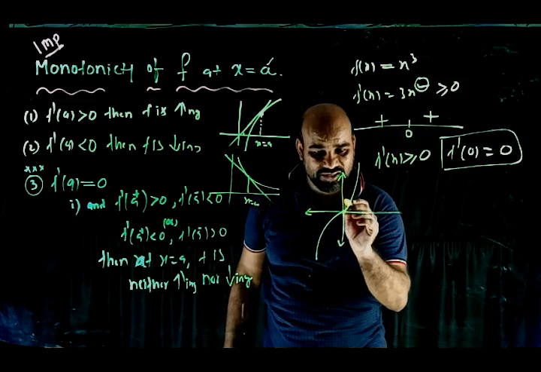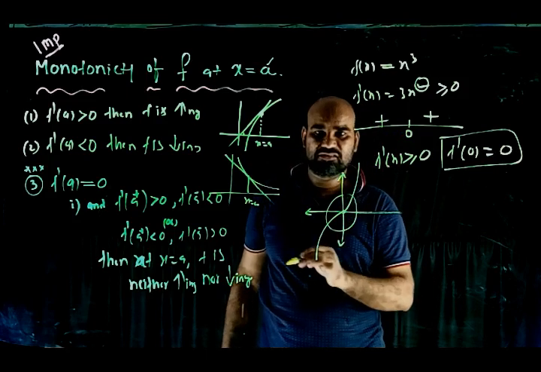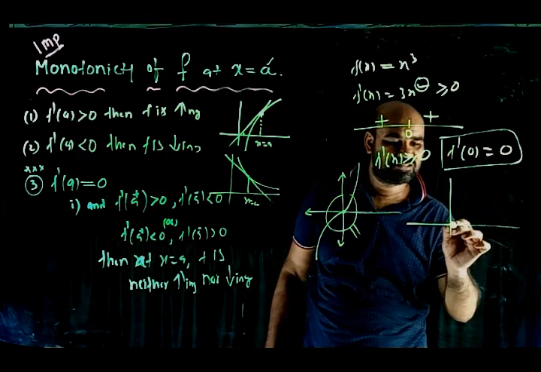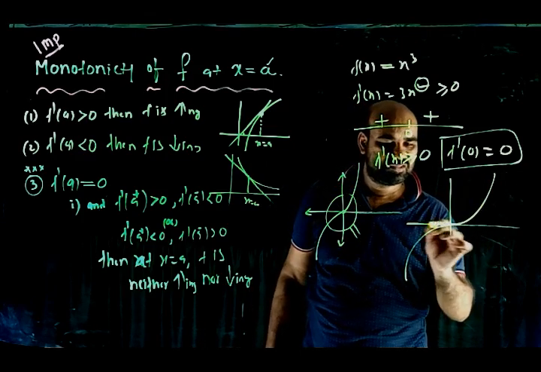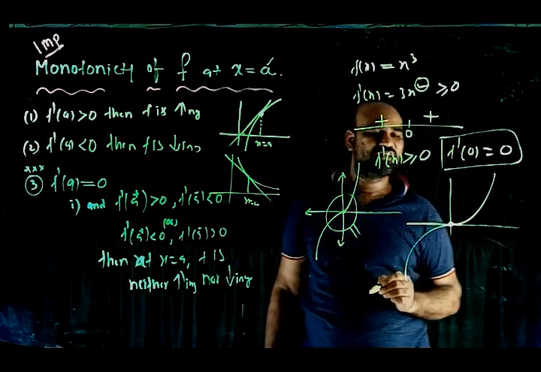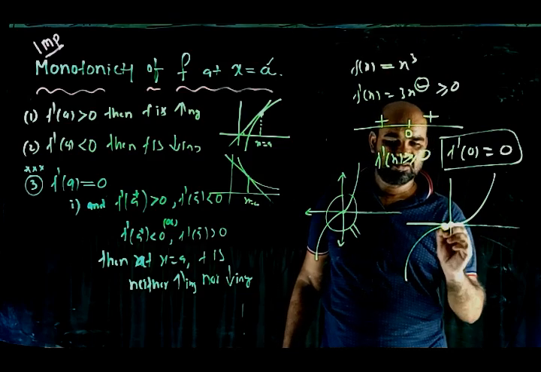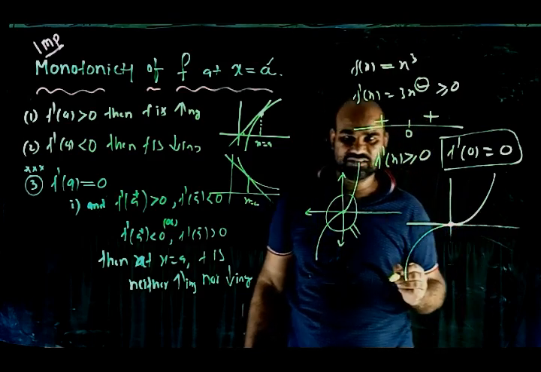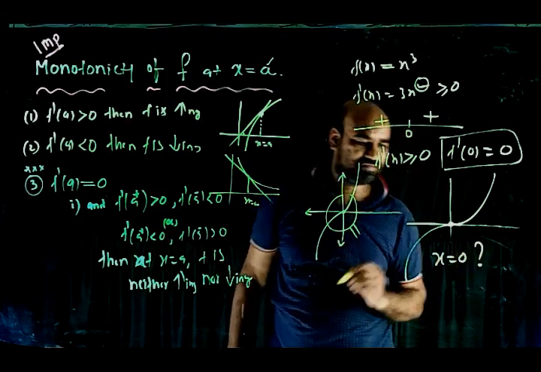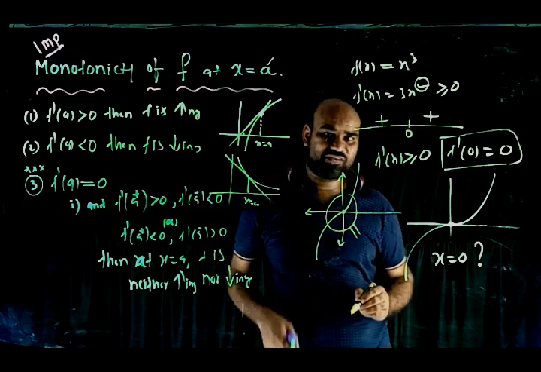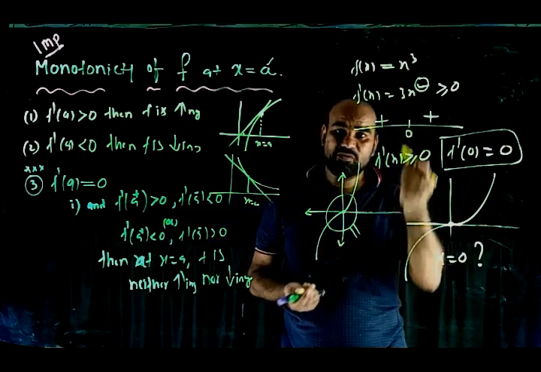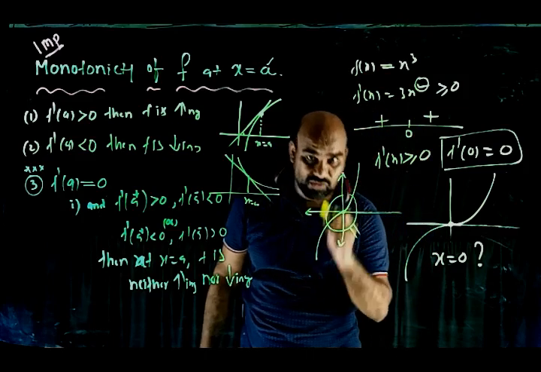This one only. Okay, if you zoom that area, the graph will be like this. This is the tangent to the graph of the x cube function at x equal to 0. Okay, so throughout the interval it is increasing. At x equal to 0, what is the monotonicity of the function? By observing the graph, you can say increasing. By the sign scheme also it is increasing. Means, it's a conclusion now here.